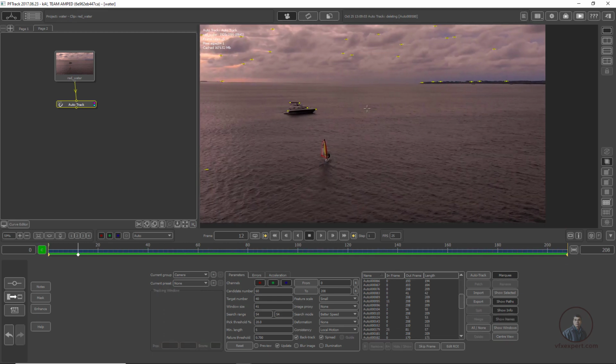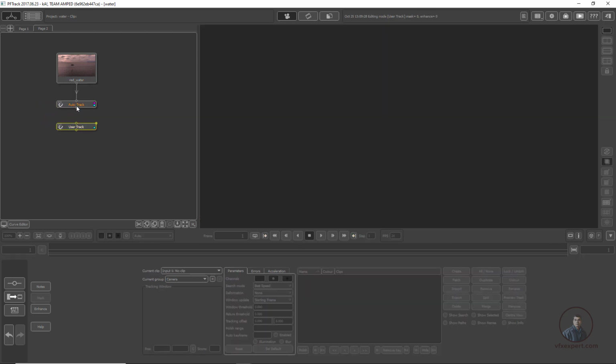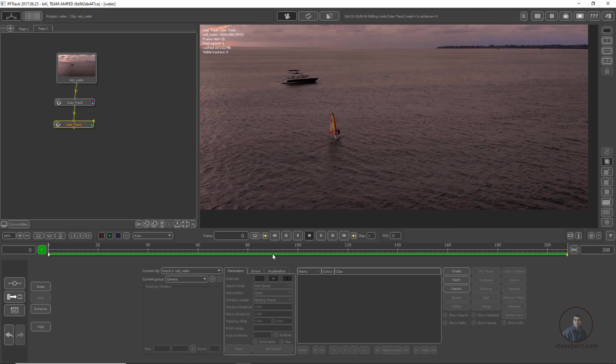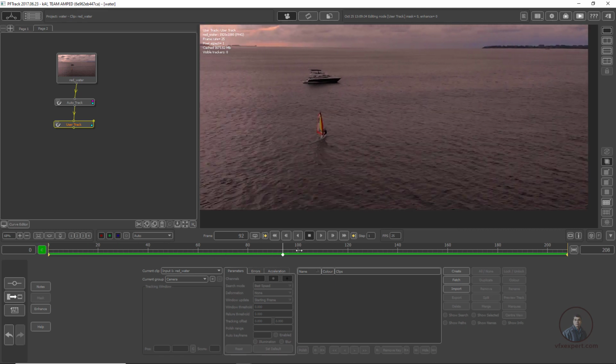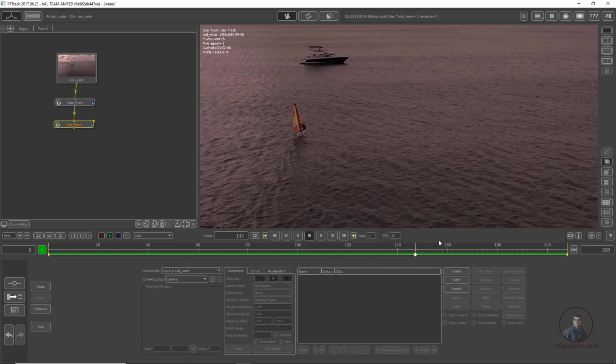After that, I am going to track this water here with the help of our user feature, or manual tracker. Again right click, tracking, user feature or user track, then double click here. Now track these points. I am going to track this one a little bit. Then click on create and create a point, and adjust the pattern size and pattern area both.